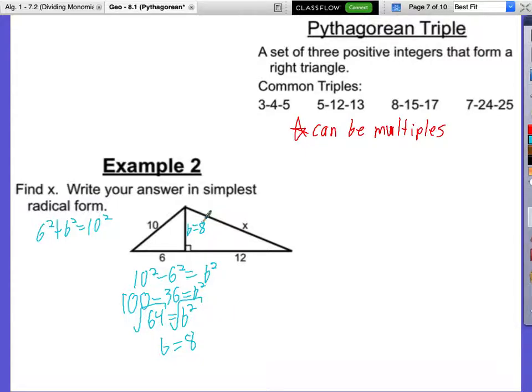So anyway, after we find 8, what do we do now to find x? 8 squared plus 12 squared equals c squared. So 64 plus 144 equals